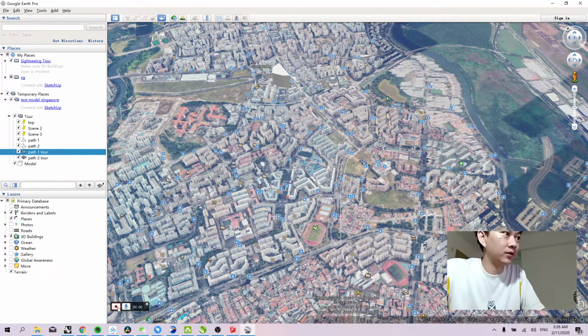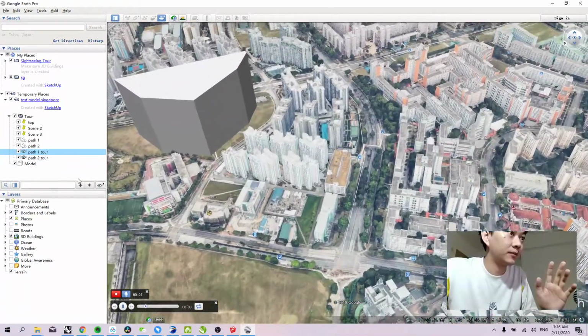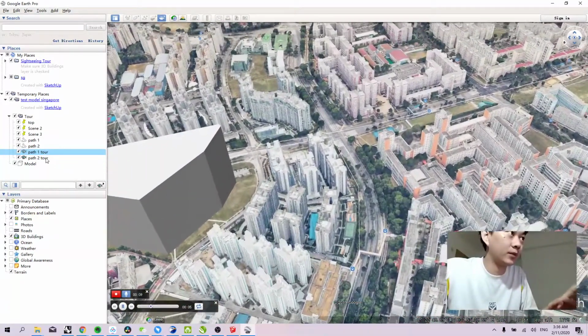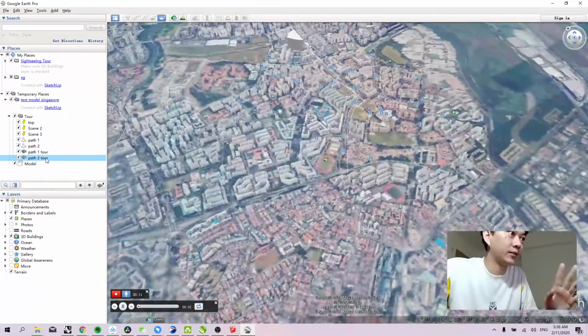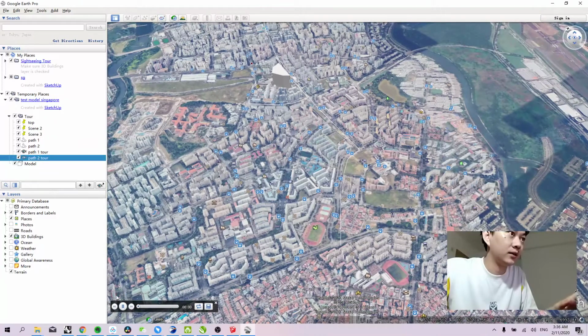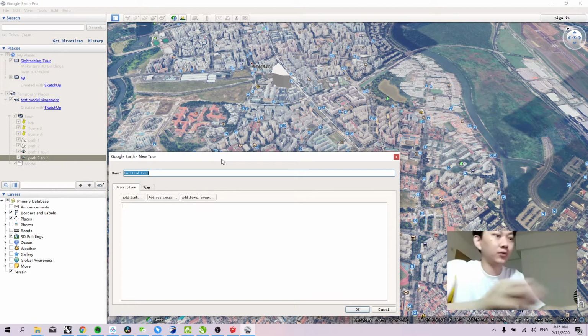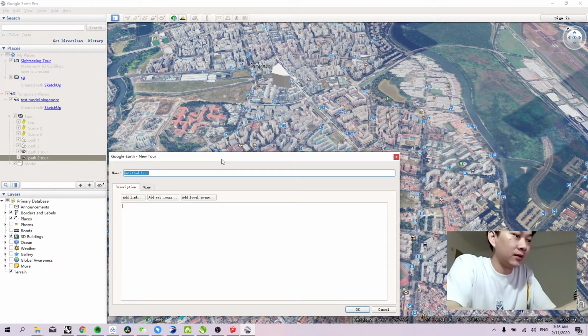Let's say when I record this and put my voice, what happens is that I can play, for example, this tour, right? I can play it and then, after that, at the same time I play this. And I can actually save whatever I did just now. That means the two paths come together, and I can save that as test